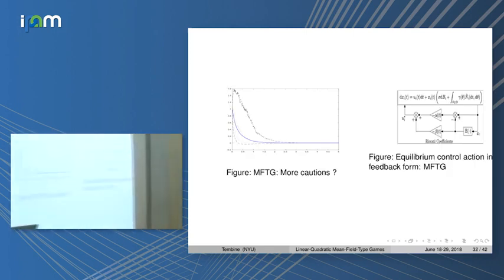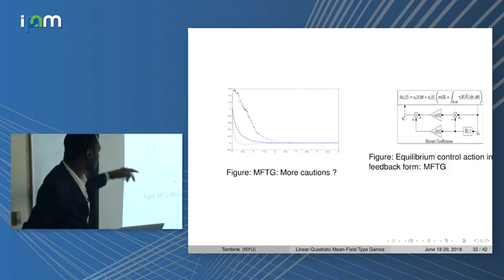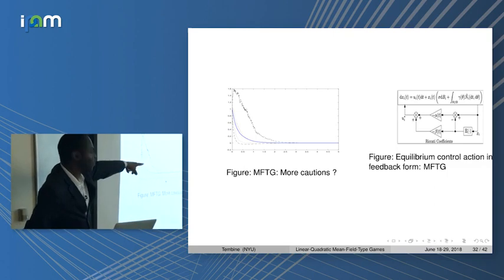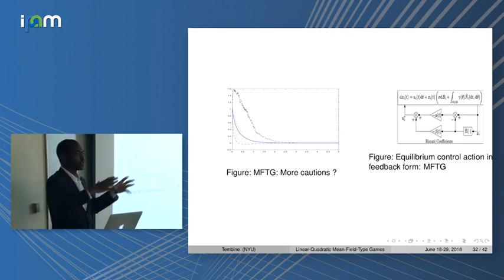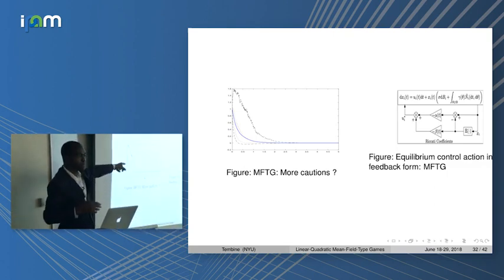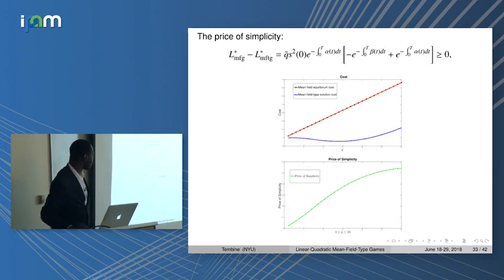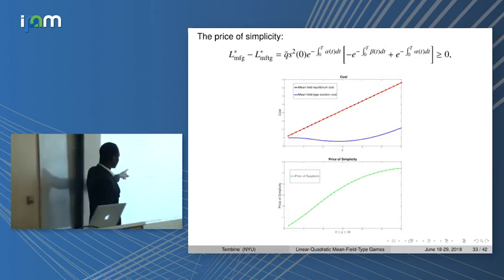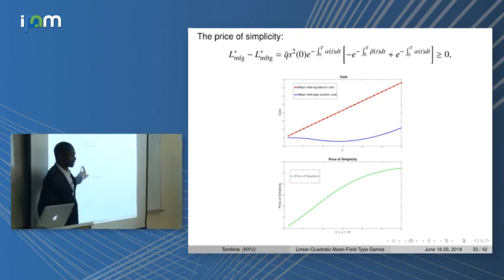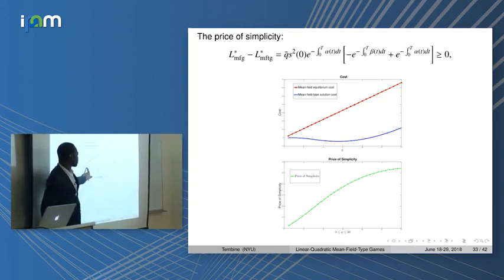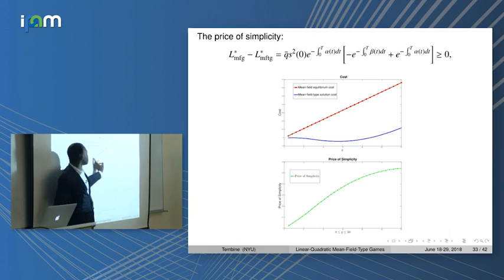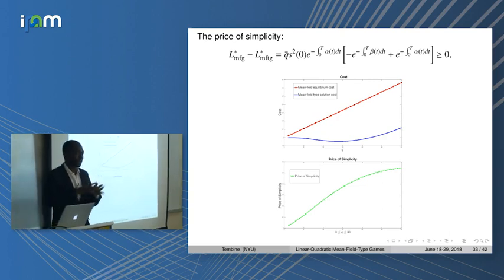I give a plot of it so that you see this is the state. The other is a design for control actions. If you know a bit about control theory and how to implement this in practice, we design that way with the alpha and beta. So this is the cost in the mean-field type cost, and this is the mean-field game cost as a function of Q bar. Q bar is the effect of the mean-field type, I mean, the expected value part.